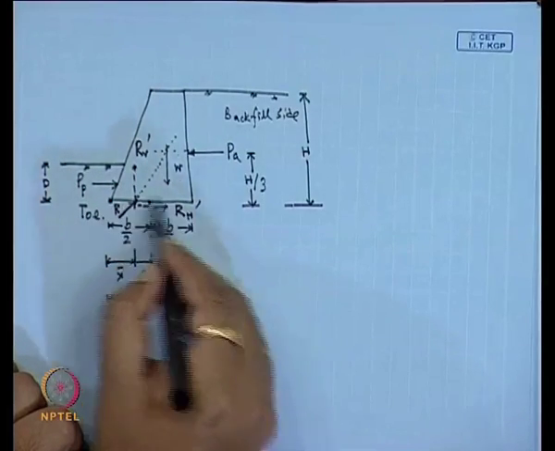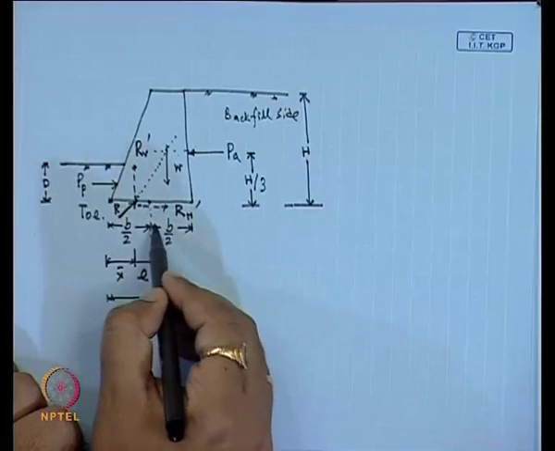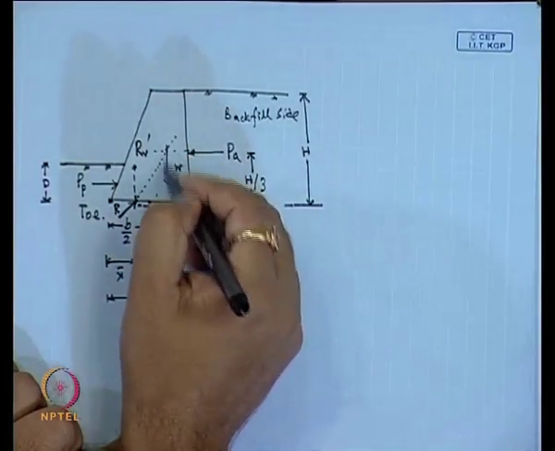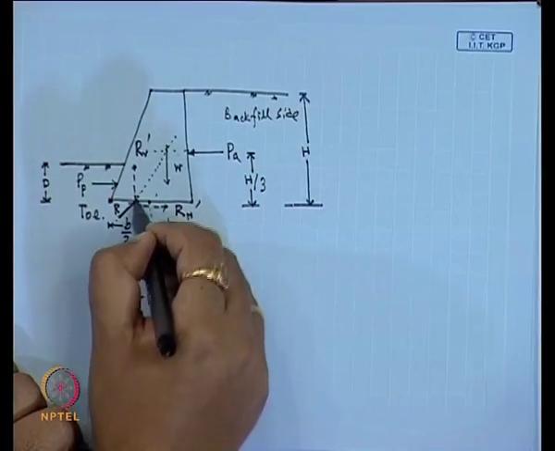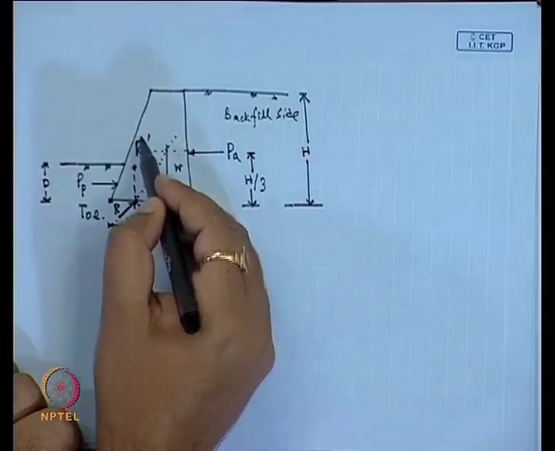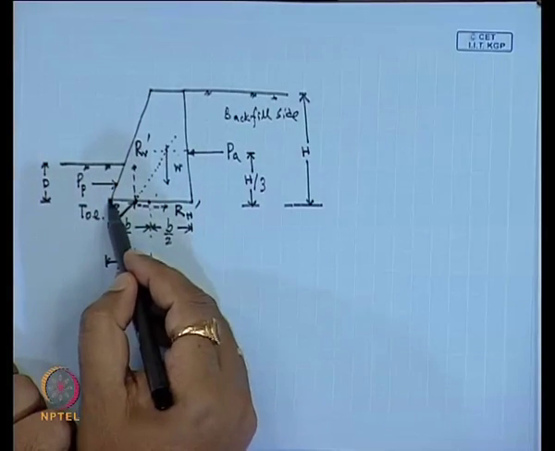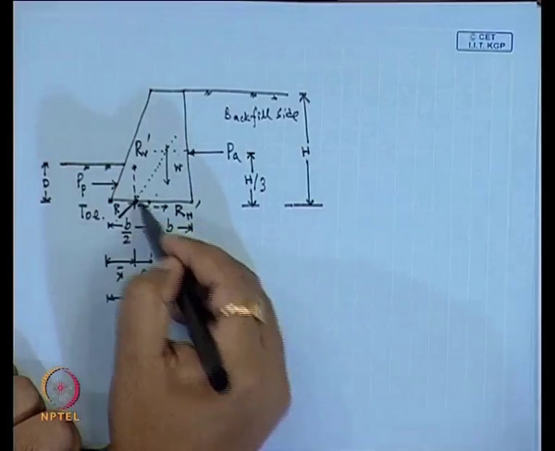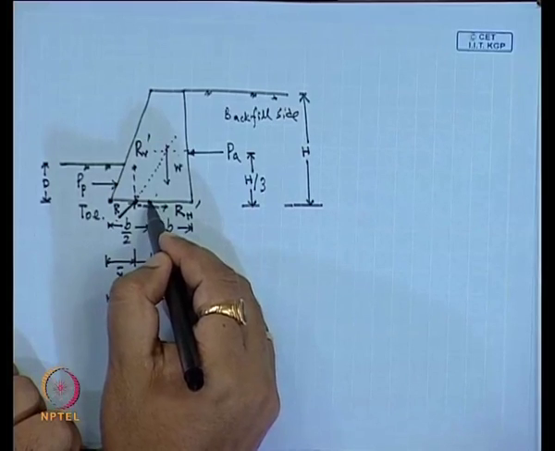There is friction that will act between the base of the retaining wall and the soil. So there are basically vertical and horizontal forces, and then a reaction develops at the base of the foundation. If I take the two components of this reaction R, one is R H dash, one is R V dash. Say this R is acting at a distance of x bar from the toe of the retaining wall, and that point of the reaction force is also at a distance of E from the center of the retaining wall.